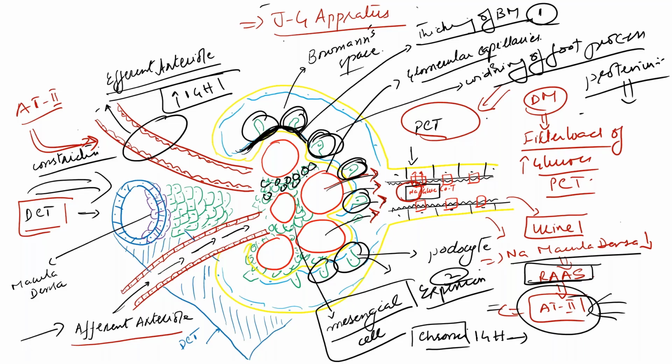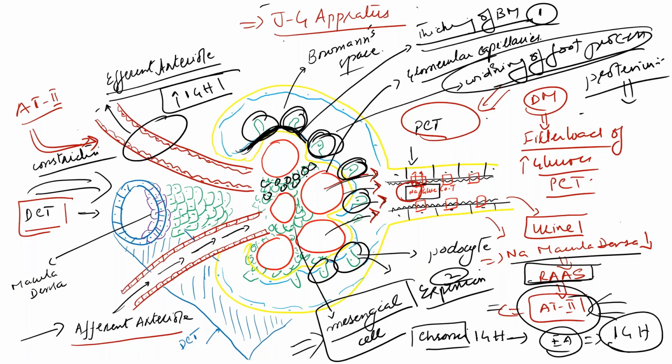Angiotensin 2 will cause constriction of the efferent arteriole, which will cause intraglomerular hypertension. Chronic intraglomerular hypertension will result in structural changes in the glomerular basement membrane. What are those changes? There will be thickening of the basement membrane. Second, there will be expansion of mesangial cells. Third, there will be widening of the foot processes, which will result in proteinuria. So this is how